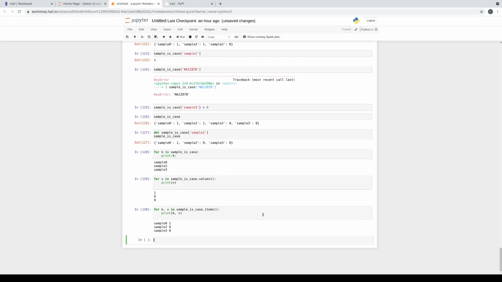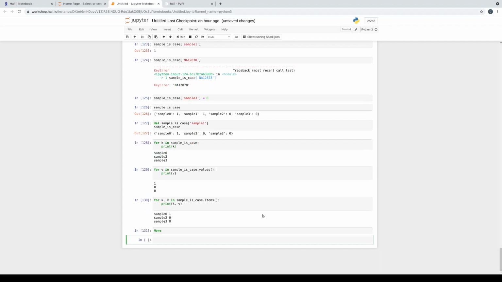There's one more thing that will show up in the Hail tutorial that you should probably know about. There's a special value called None, which is used by Python essentially to indicate that a function does not return a value or that a value is possibly missing. And so in the Hail library, you'll find that None is used to indicate that a value was missing for whatever reason. And when you evaluate None, it doesn't print anything out because there's nothing there.